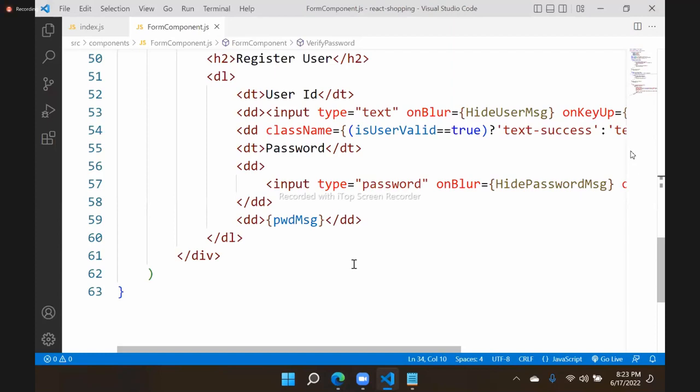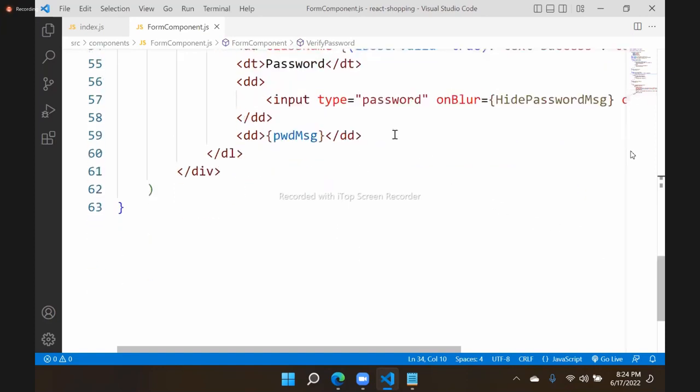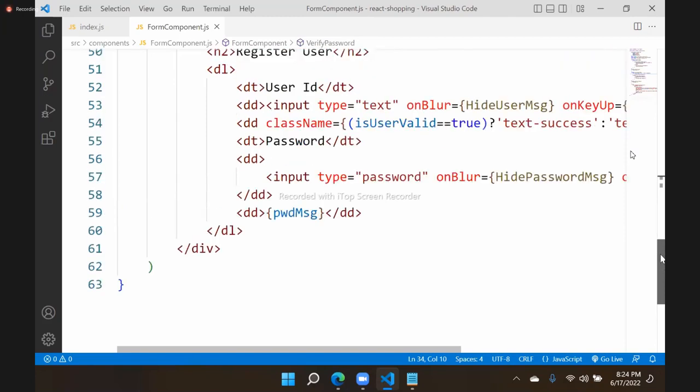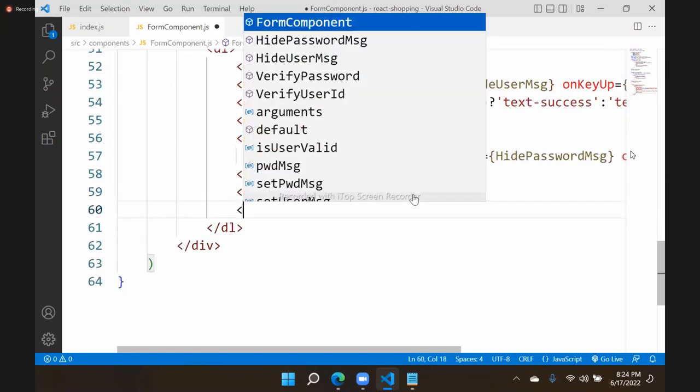Not only just changing the message. Till now, what you have done is one message you are changing and replacing with another message, or you are simply making the message empty. Not like that. Many times we need to show and hide the contents. That means not erasing the content, but showing and hiding the content. That means if the password contains a capital letter,